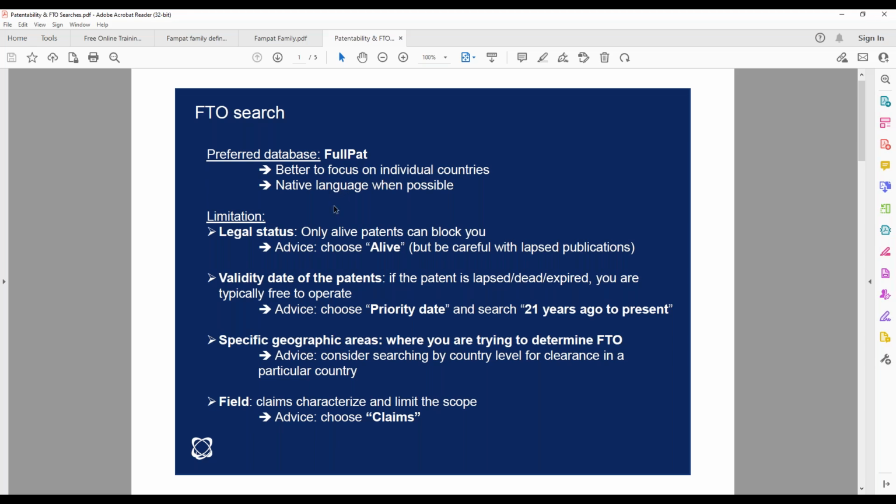You would then limit the legal status and set other search criteria. FullPath, indeed, is to be used for specific geographic areas where you are trying to determine freedom to operate searches.